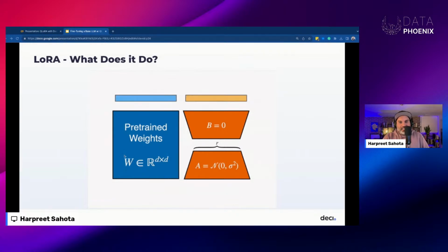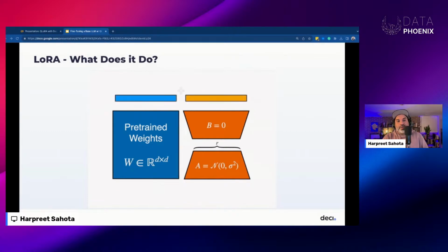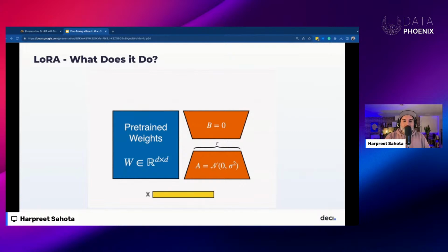This decomposed matrix essentially approximates the matrix that we would get from full fine tuning. We start by initializing matrix A with some small random values, and we initialize matrix B as just zeros. This way, we ensure that we begin the fine tuning process with the model's original pre-trained weights.